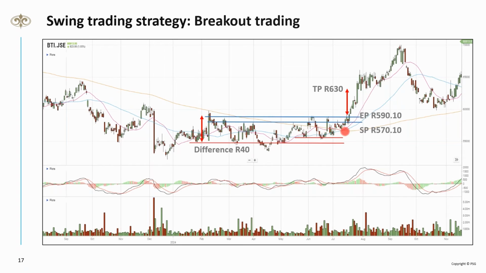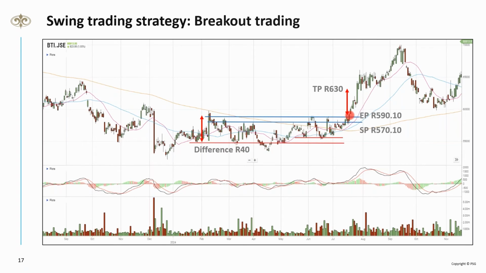So there are the moving averages. You can see it making higher highs, higher lows, and higher highs, so there's a bit of a changing market here. Yes, you could see the same thing here, but what's important is this breakout here. That was very strong. It touched a few times, but if I measure, and this is why I like this chart pattern, it's very easy to look at. I measure the difference between the two of them, and here we're talking about 40 Rand.